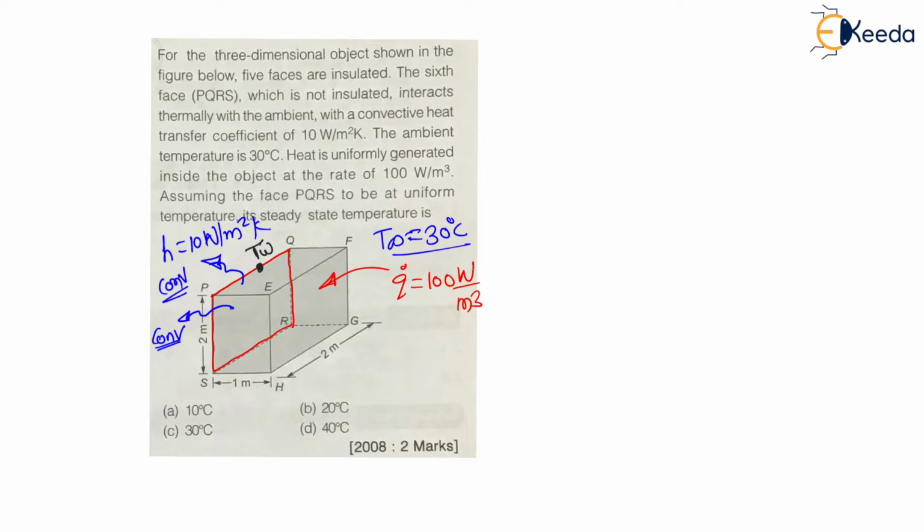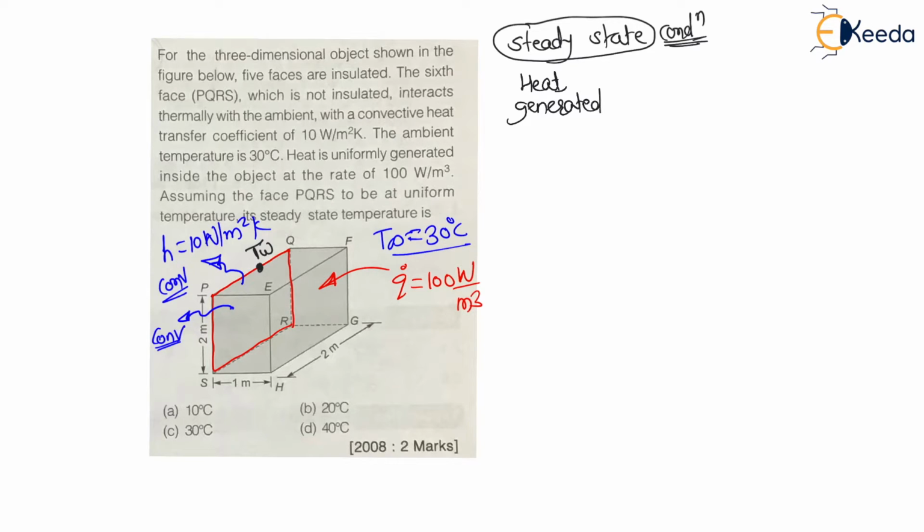So my dear students, for steady state, they are mentioning steady state. Now, this condition we have seen in the conduction topic, that is conduction with internal heat generation in a solid body. In that topic, we derived 3 cases: for plane slab, for cylinder, and for sphere, right? And over there, we saw that with internal heat generation for steady state condition, whatever may be the heat generated inside the body must be equal to the heat convected to the surrounding fluid.